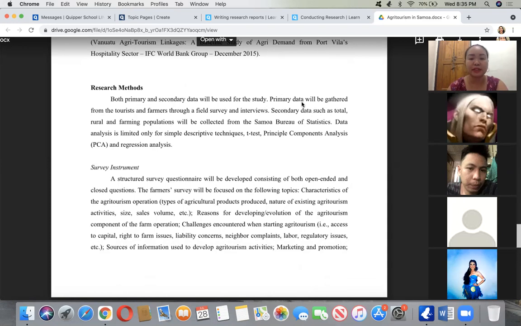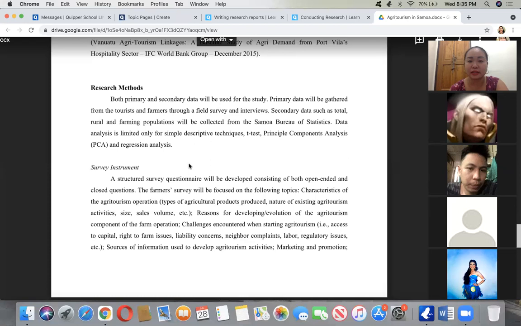So the primary data will be gathered from the tourists and farmers through field surveys and interviews. While secondary data, such as the total rural and farming population, will be collected from the Bureau of Statistics, and the data will be analyzed using simple descriptive techniques, t-tests, principal component analysis, and regression analysis, which is already